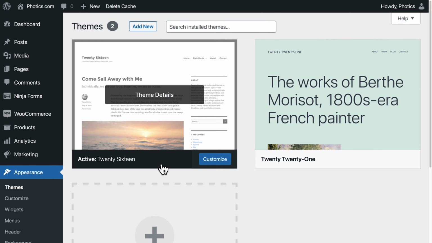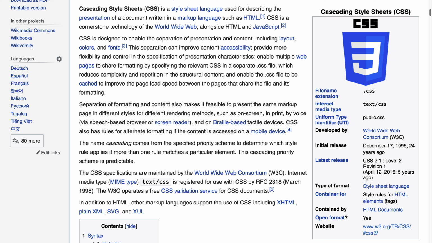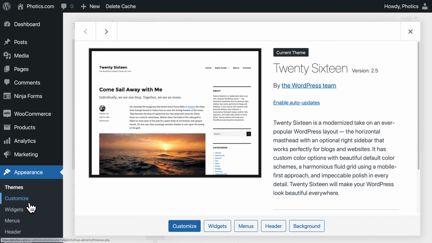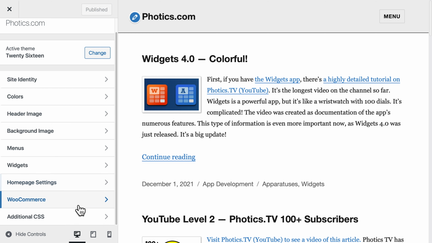It's a nice and clean theme. It doesn't really matter which theme you pick. It doesn't even matter if you're using WordPress. This technique is just plain vanilla CSS. That's the web technology that adds styling to a website. If that's too technical, don't worry. This is one of the great features about WordPress. It has a built-in CSS editor. Very nice.